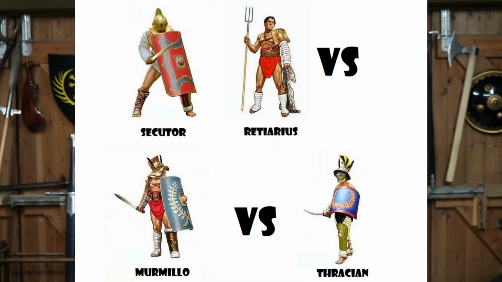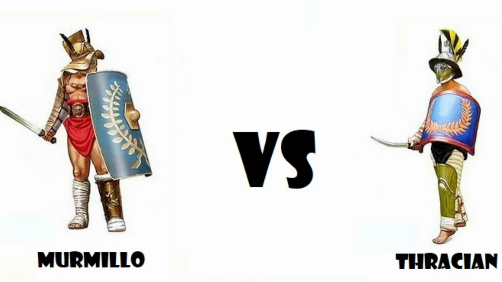Now, it's interesting because of these two pairings, if we call them that, the Thrax and the Murmillo are not so different. The Murmillo is more heavily equipped, with heavier and bigger equipment, with a straight sword, and the Thracian or Thrax is armed with the sica or curved sword, a little bit similar to weapons we find in Dacia, the falx, and a smaller shield, and is a bit more lightly equipped.